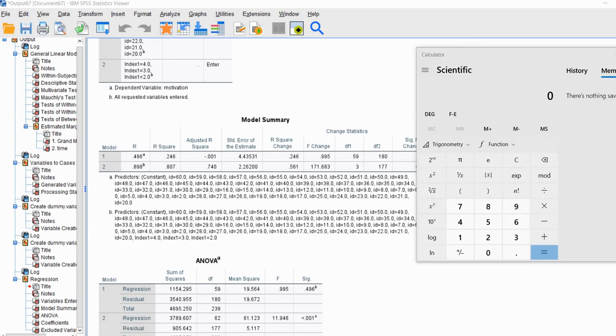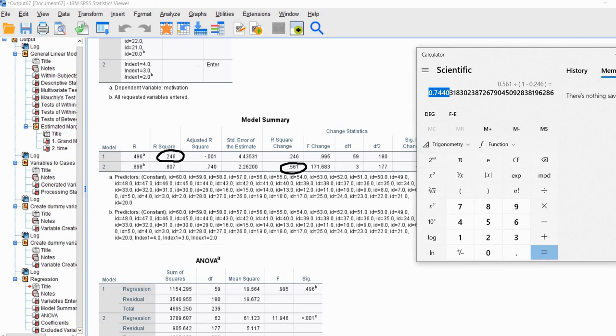Let me just recircle this right here. There's our R square change and the R square from Model 1 that's given right there. So in this case, we'll take 0.561 and divide that by, in parentheses, 1 minus 0.246, and equals,